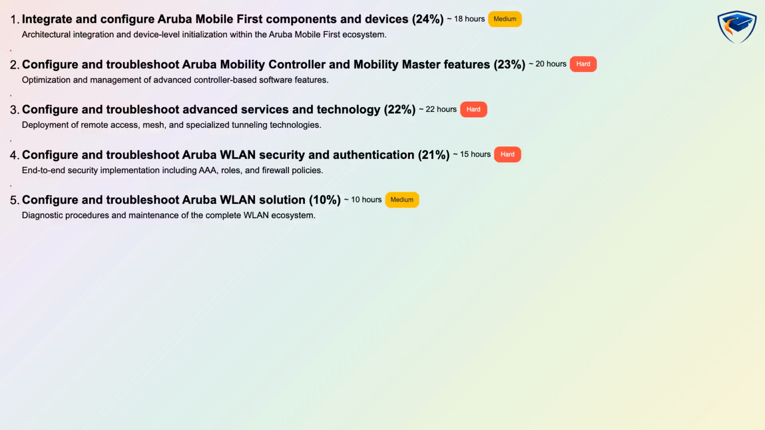Integrate and configure Aruba mobile first components and devices is 24%. Configure and troubleshoot Aruba mobility controller and mobility master features is 23%. Configure and troubleshoot advanced services and technology is 22%. Configure and troubleshoot Aruba WLAN security and authentication is 21%. And configure and troubleshoot Aruba WLAN solution is 10%. Total suggested study time across the domains is 85 hours and the assessments include conceptual, scenario-based, and hands-on elements depending